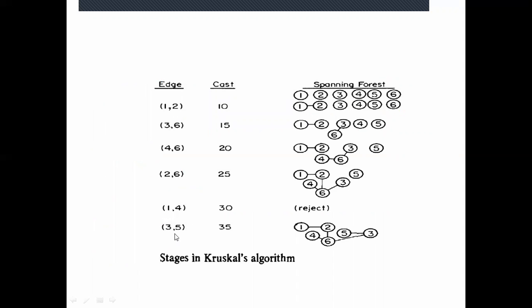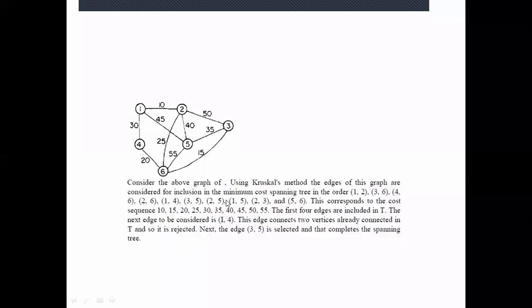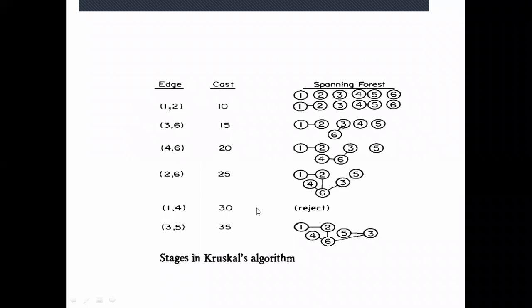I just told you that after 3, 5, actually there are 1, 2, 3, 4 edges. You can write them down in this order over here and say they are creating cycles, so reject all those edges. Or even if you stop over here, you will get full marks. This is correct. Why? Because in your spanning tree, all the vertices are there and they are connected.